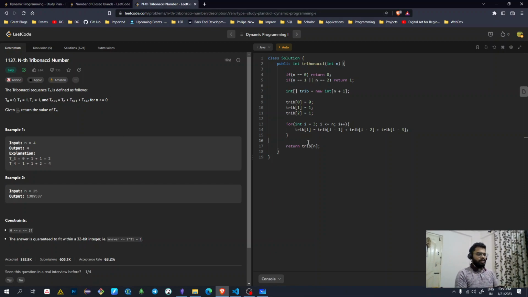So just to give you another example, 0, 1, 1, 2, 4, 7, 13. When we were calculating 13, we were only concerned with these three values and not with these previous ones. So that's the idea that we can use to optimize the space complexity in this case. Let's get rid of this and maintain three variables,